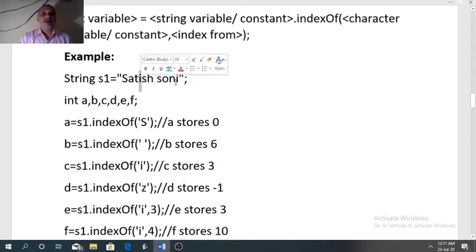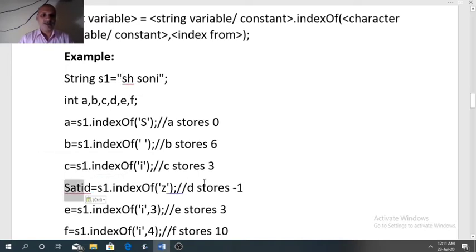Two i's are present here, and here also. But I have told you, the function will start searching from left to right. So 0, 1, 2, 3. At index 3 it will find small i. So the first occurrence of i is found at index number 3. That is why it will stop and 3 will be the answer of this example.